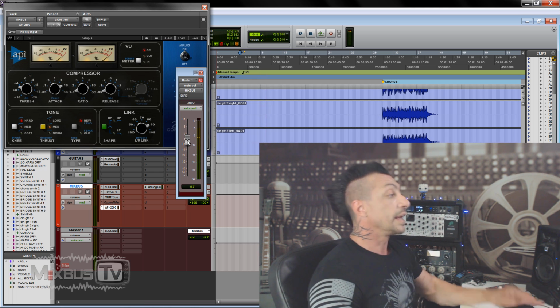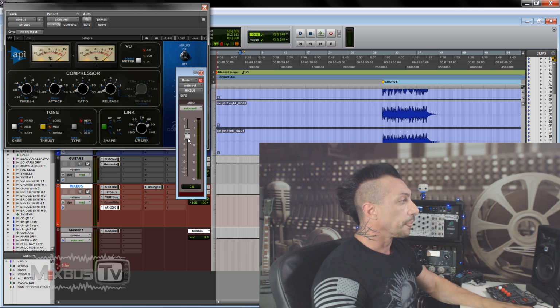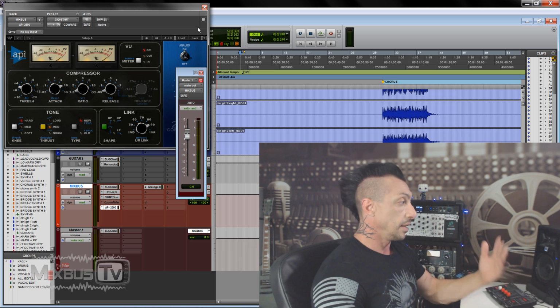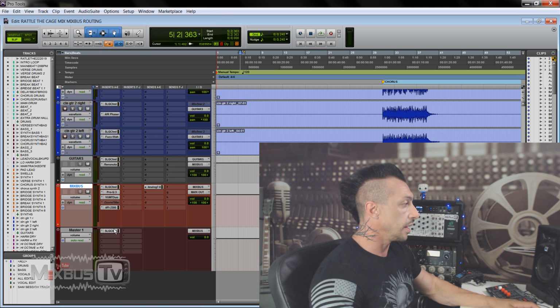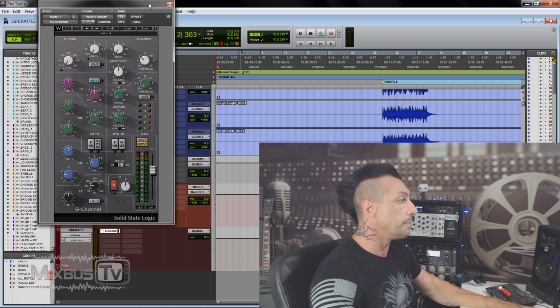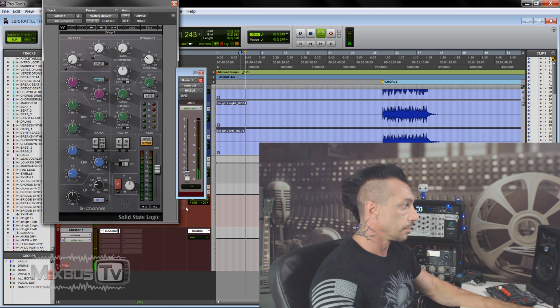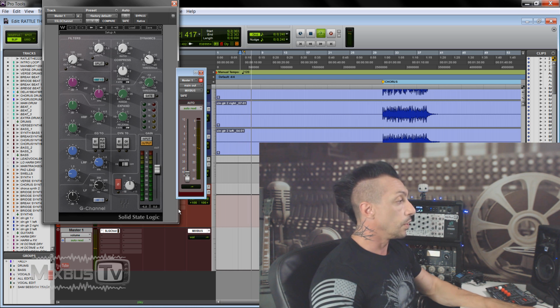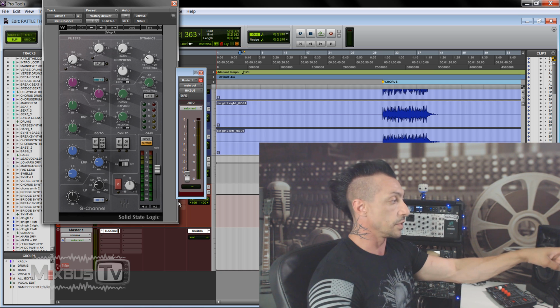Okay, and I can automate this and see the automation. The reason why I do it this way is because, remember, if we take a look at the SSL-G on the master fader, if I turn the fader down, no signal is going to the SSL, the first slot on the